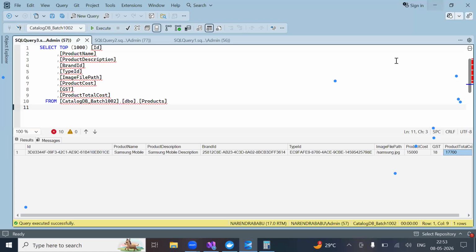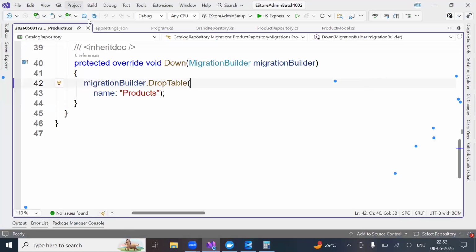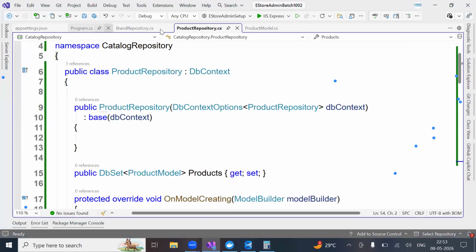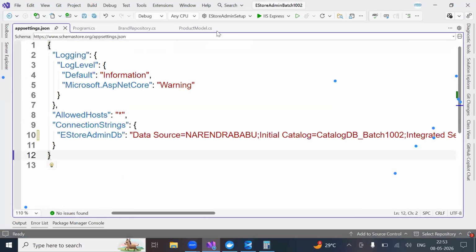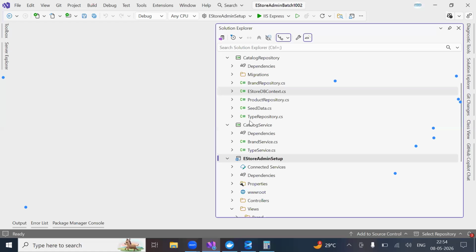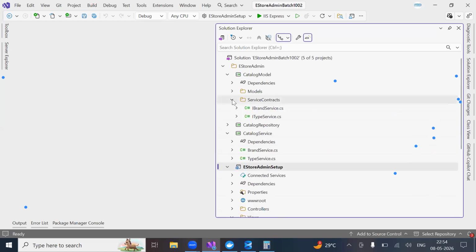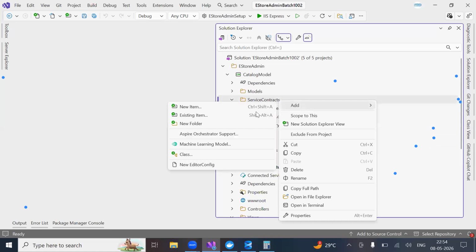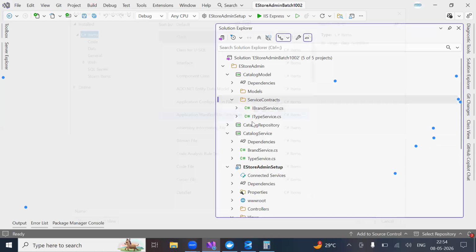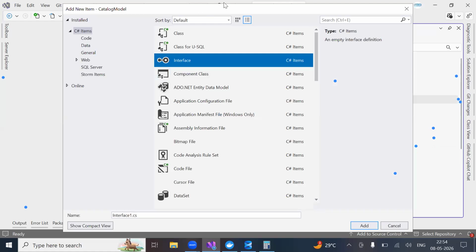Now I complete my migration. Then what is my next step? To call this repository, do I need to create a service? Do I need to create a service or not? For that, you go here in the service contract, new item, create an interface